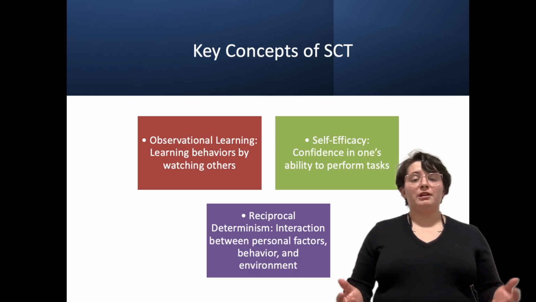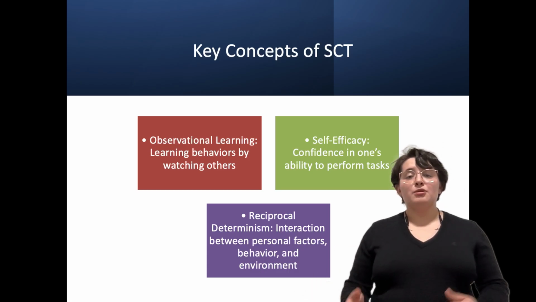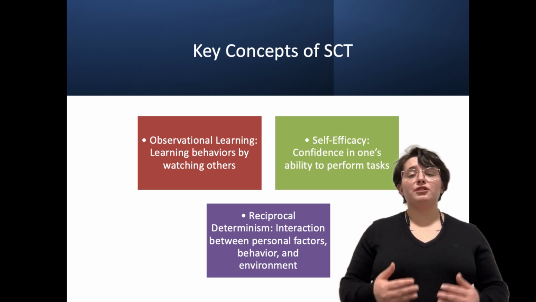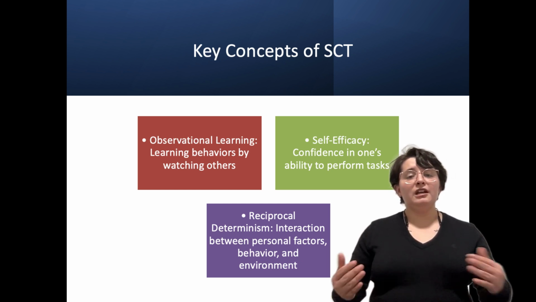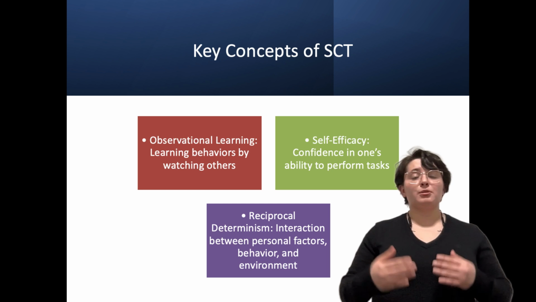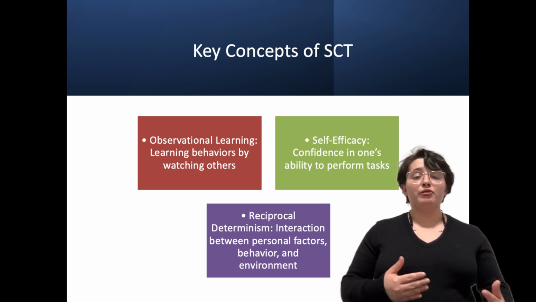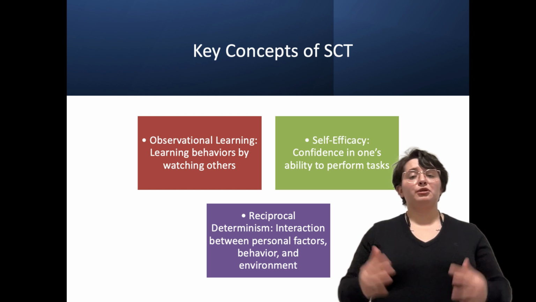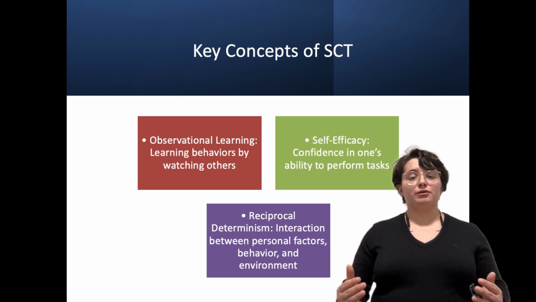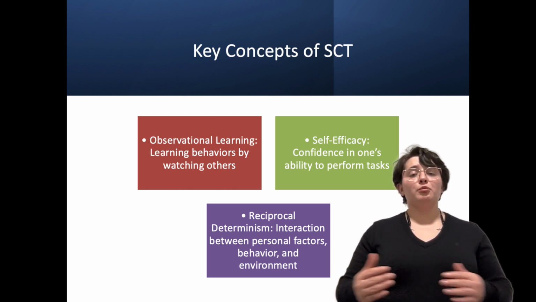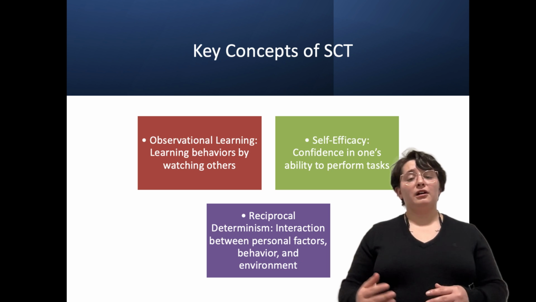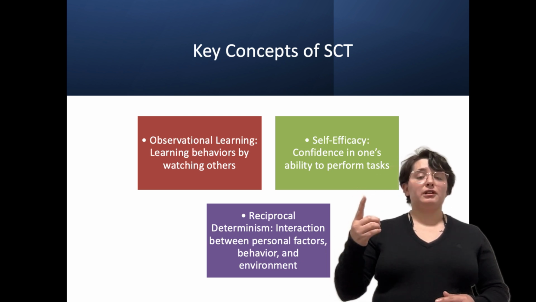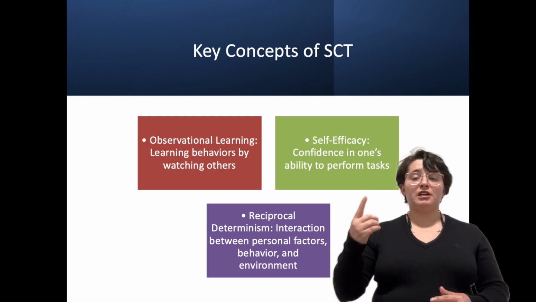Social cognitive theory, or SCT, was developed by psychologist Albert Bandura. It explains how people learn by observing others, how confidence impacts performance, and how individuals and their environment influence each other. The three key components of SCT are observational learning, learning by watching and imitating others,